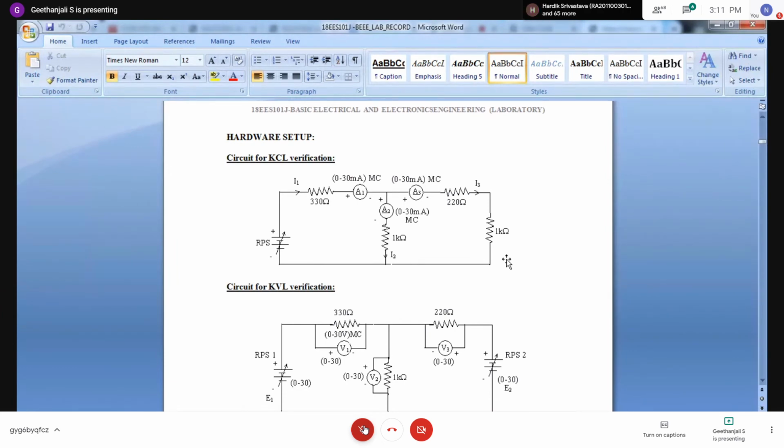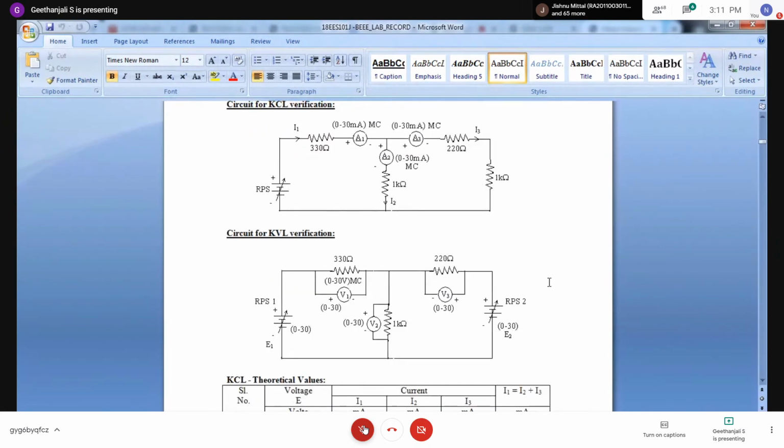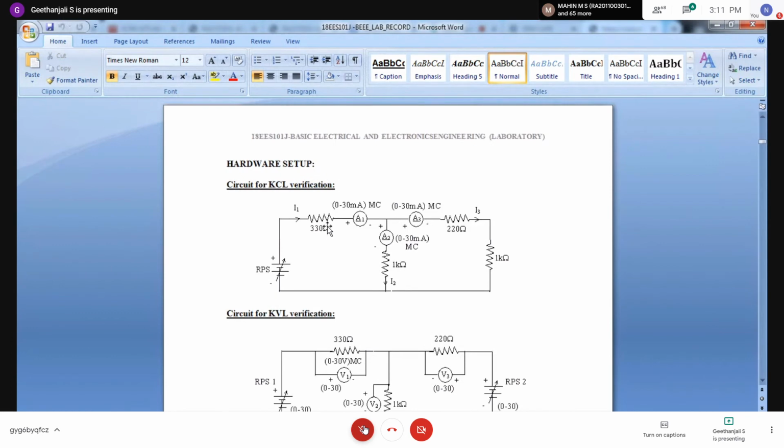All of you draw the circuit for the time being without ammeter and without voltmeter. Draw these two circuits. Draw means resistor values alone and the battery: 330, 1K, 220, 100.